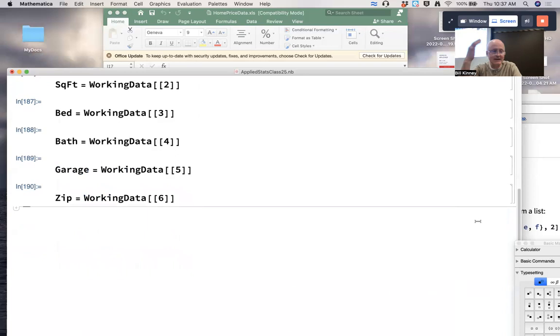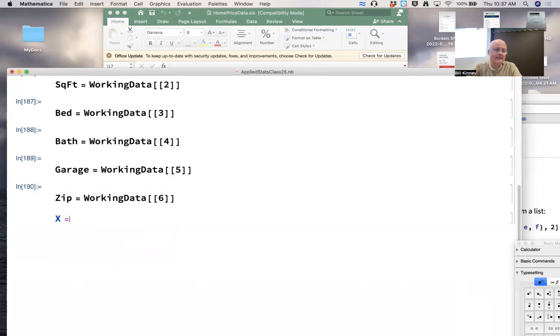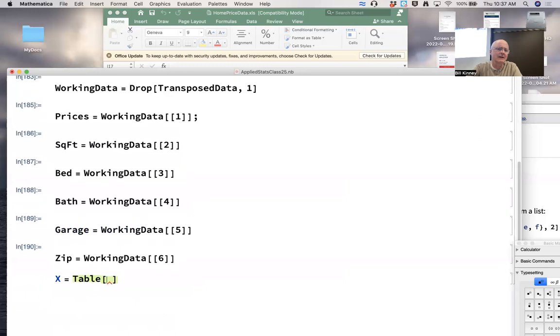Okay, is this the best thing to do? What I'm trying to work toward is my design matrix X. Let's see what happens if I do this. Sometimes you just kind of got to experiment. Put the prices in there. Put square foot. Put a bunch of ones, right? For like the first column is all ones. I'm going to try it this way: 1, comma,